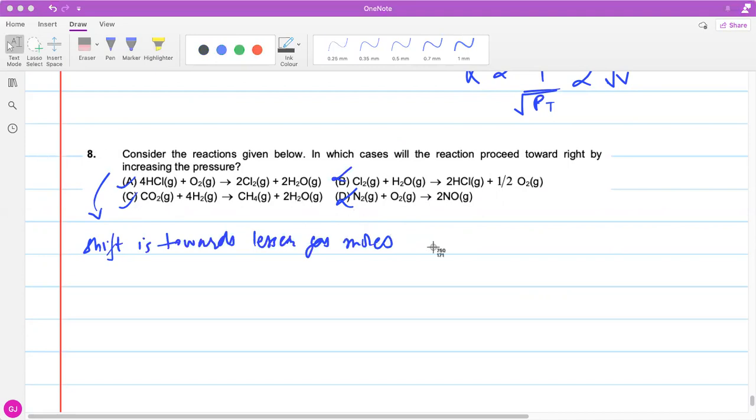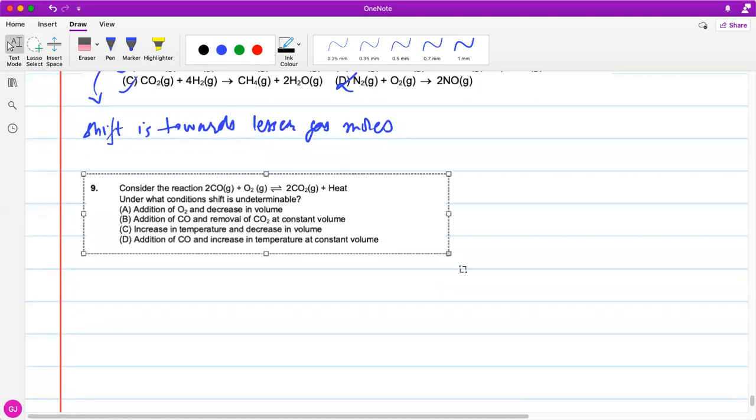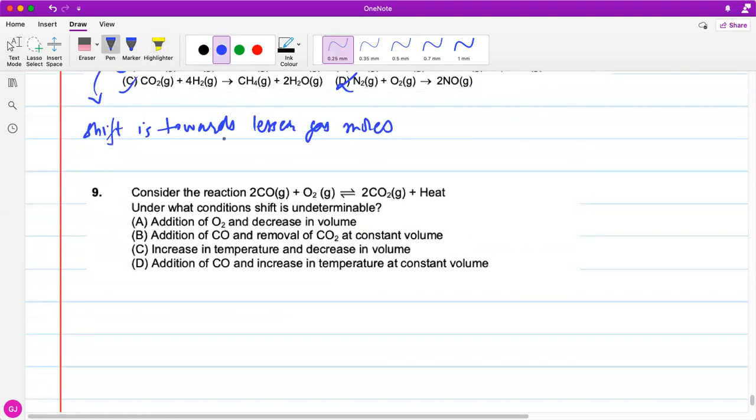Okay, then next question has an interesting language where it talks about the shift being undeterminable, right? So the shift being undeterminable will be the scenario where there are two disturbances that are being done and they're contradictory, shifting the reaction. So addition of O2 will shift the reaction forward, and decrease in volume, right, will shift the reaction towards decrease in volume,